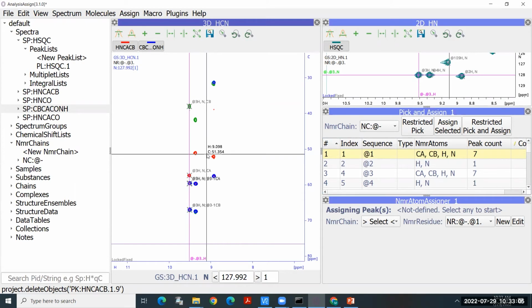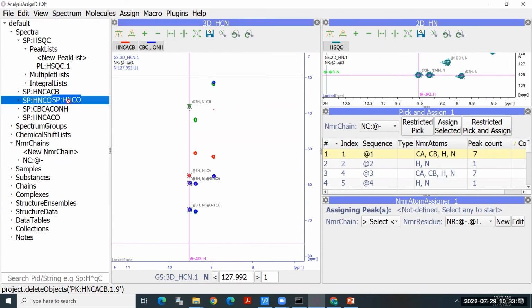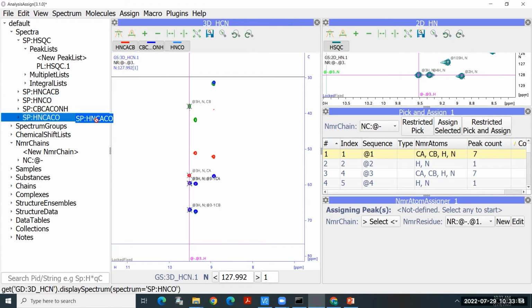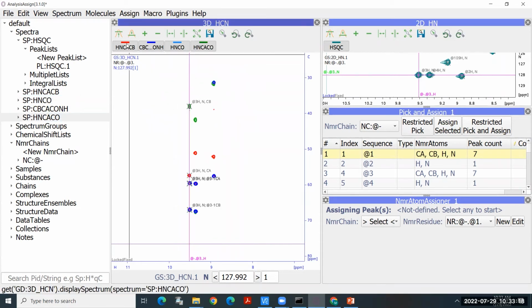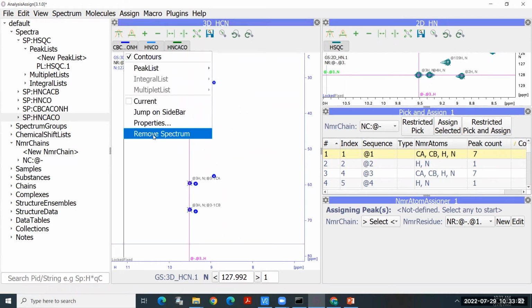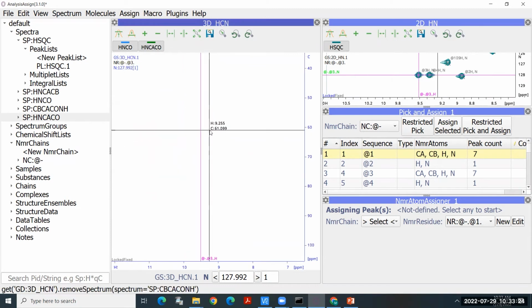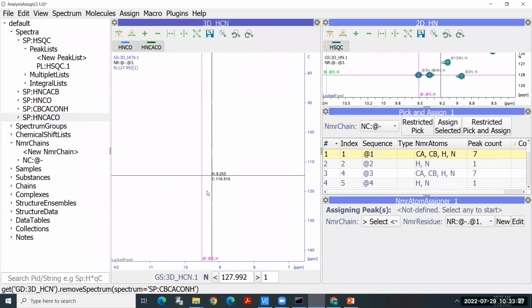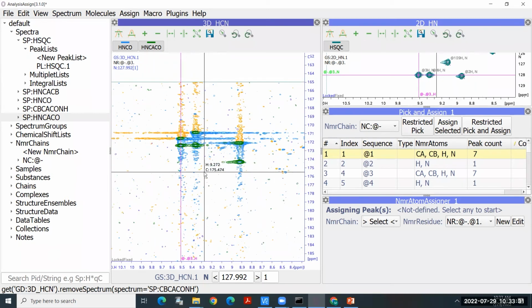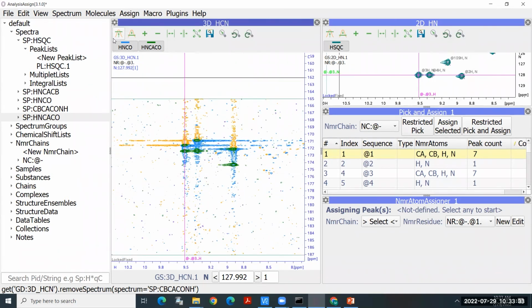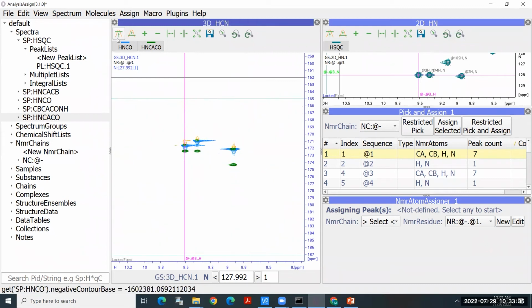And then we can work on HNCO and HNCACO as an example. So now I can add HNCACO and HNCO to this same module. And just for clarity, I will remove HNCACB and CBCACONH. And then I go to the region where carbonyl carbon will show up over here. I adjust the contour levels